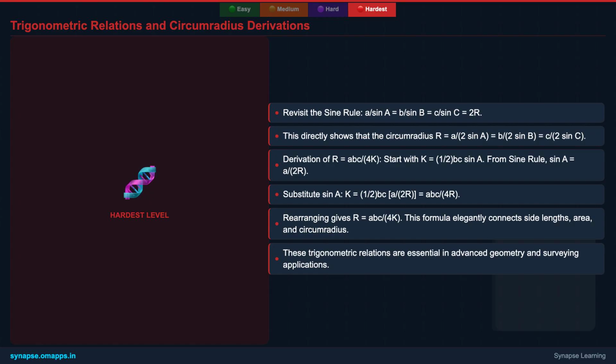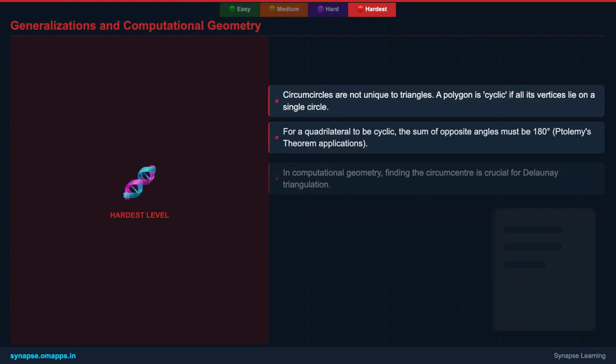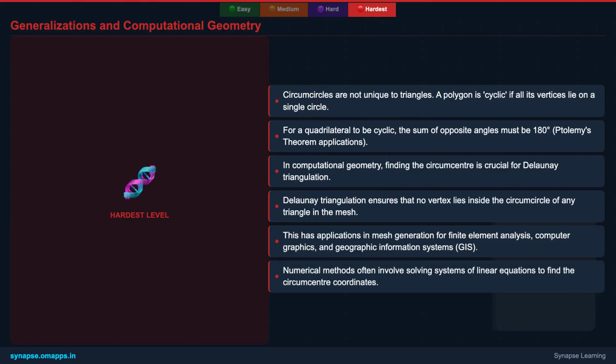These trigonometric relationships are indispensable for solving complex problems in surveying, navigation, and advanced geometric analysis. While we primarily discuss circumcircles for triangles, the concept extends. A polygon is called cyclic if all its vertices lie on a single circle, which is then its circumcircle. For a quadrilateral to be cyclic, a key condition is that the sum of its opposite angles must be 180